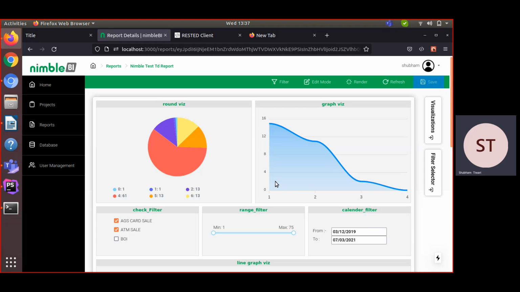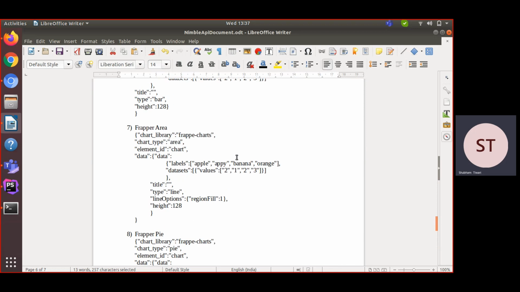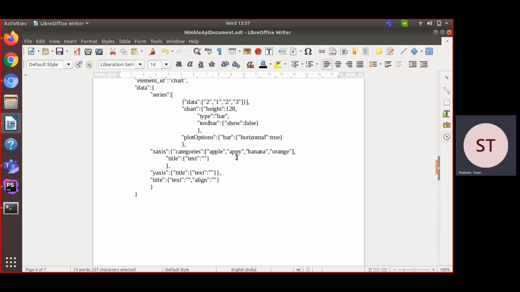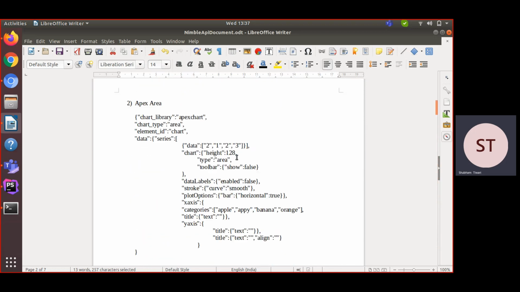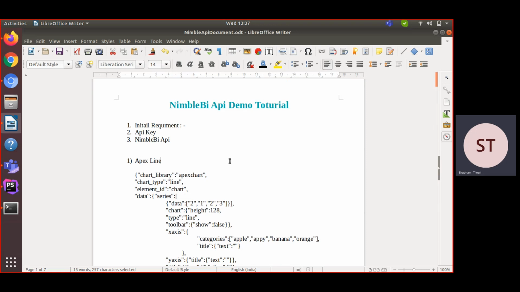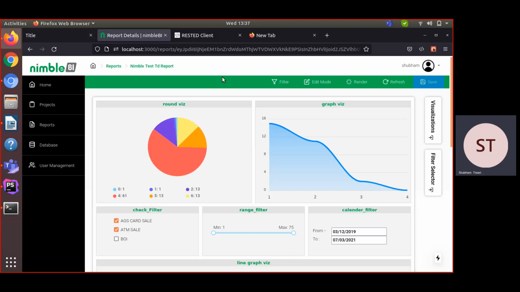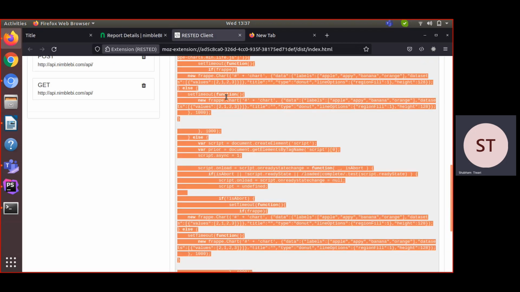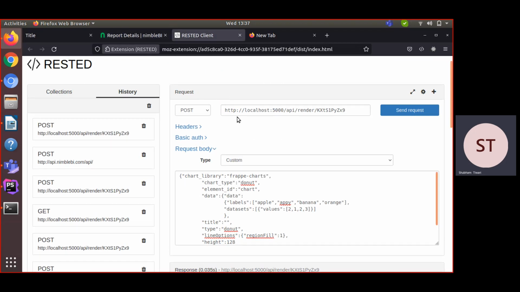For that I already created all my JSON data here, so you can see. And I already have my Nimble BI Node API key, and in this demo we will test our Nimble BI Node API using a Mozilla plugin, which is Rested.